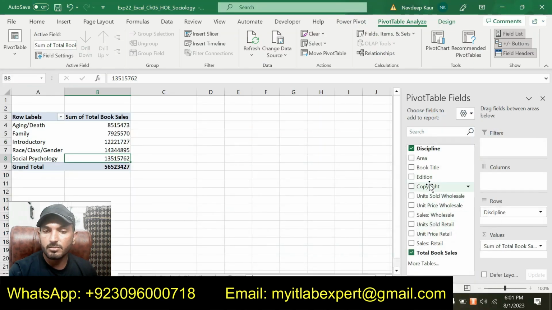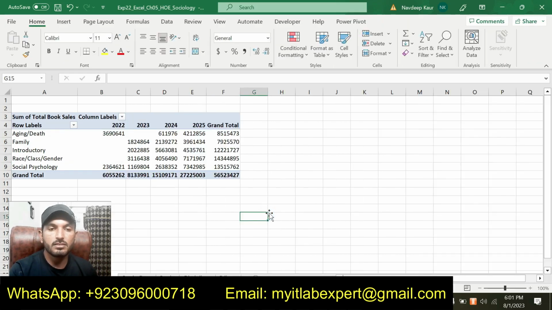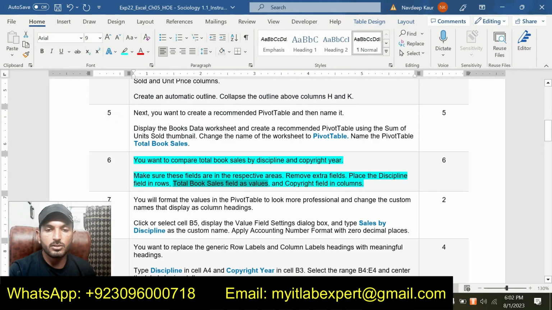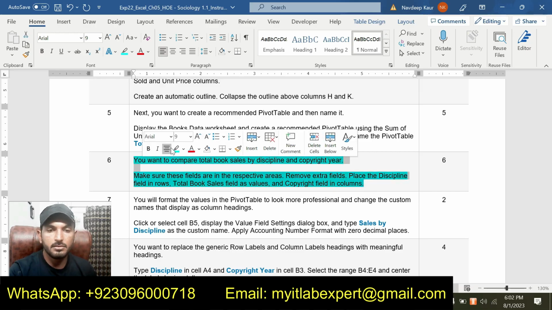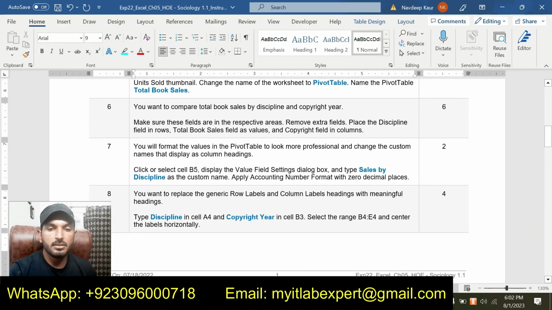So I will use the copyright field as the column. So this is the final pivot table after making the changes according to step number 6. So now let's move to the next step, that is step number 7.